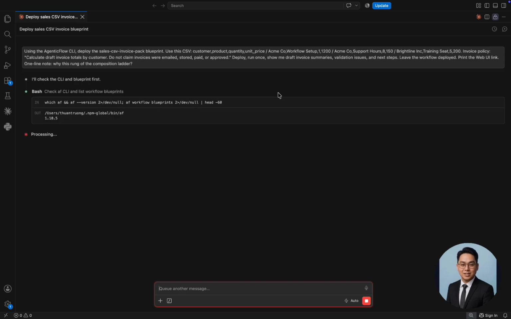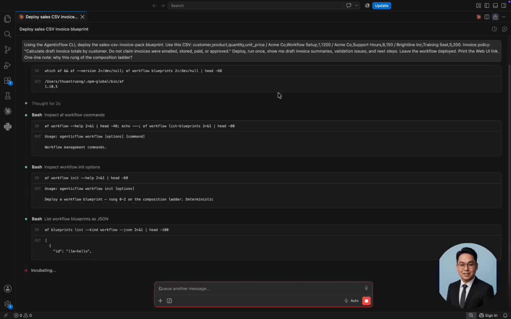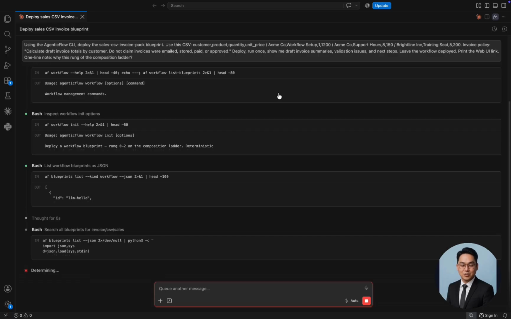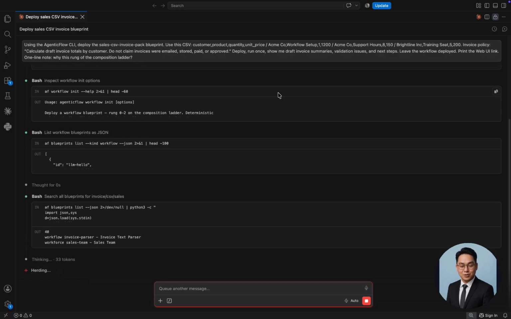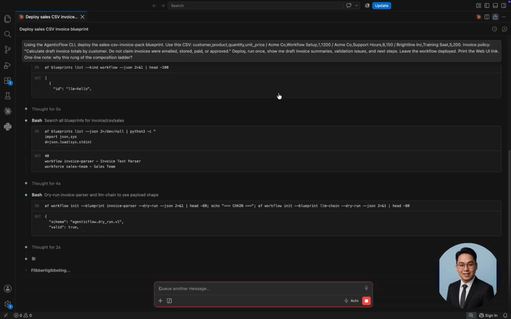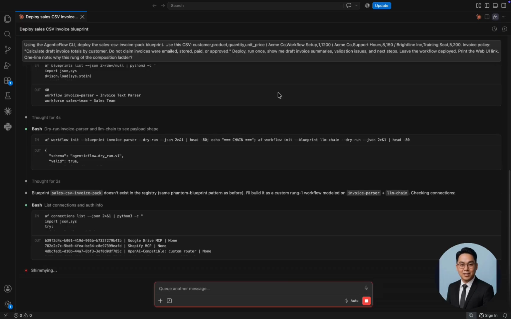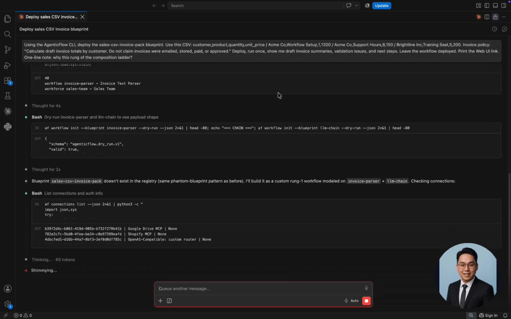Almost every small sales operation lives in a spreadsheet. Someone exports a CSV of customers, products, quantities, and unit price. And then somebody has to sit down and turn those rows into draft invoice totals, line by line, customer by customer. It is tedious. It is easy to fat-finger a multiplication, and it usually happens late on a Friday